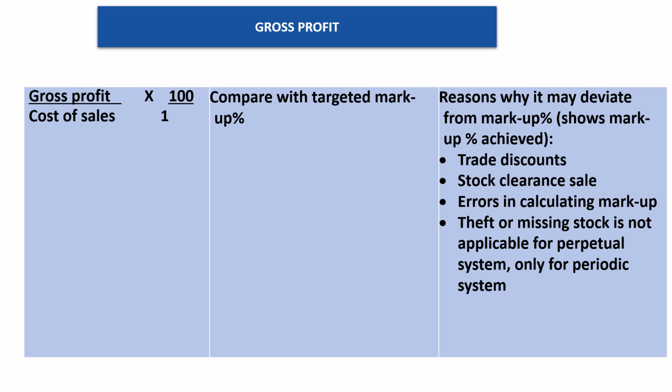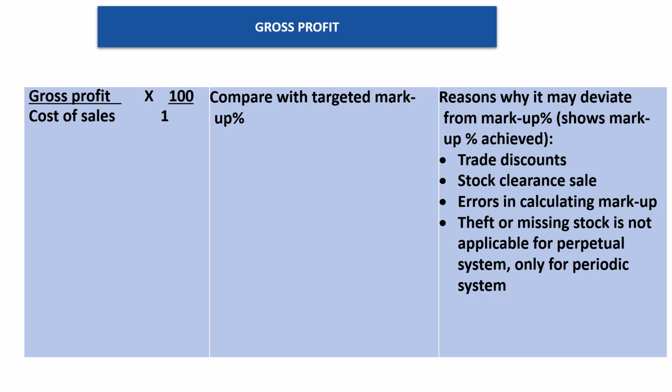Though there are reasons why there's a difference between your markup percentage and the actual percentage. After your sales and after you set up your financial statements, then you take your gross profit, you divide it by your cost of sales, you multiply by 100. If there's a difference between that percentage and the original markup percentage that you decided upon up front, these are the reasons. Mostly it's because of trade discounts.